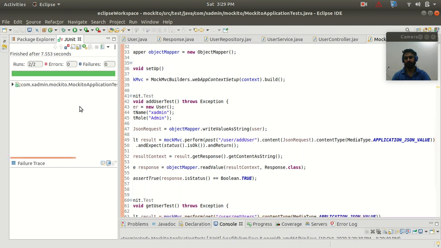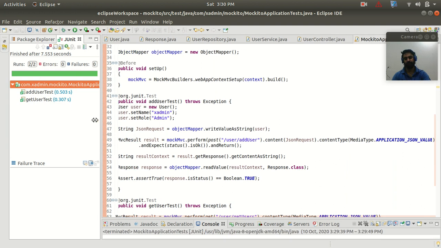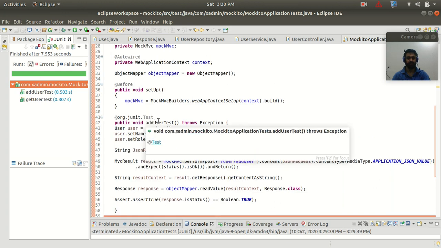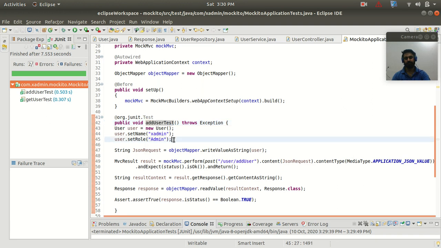And guys, you can see that we have passed the test, and here we are able to pass the add user test also and the get user test also. So guys, in this way we are able to write our unit tests for our post method and the get method. So guys, add user test is a post method, so that's why I am